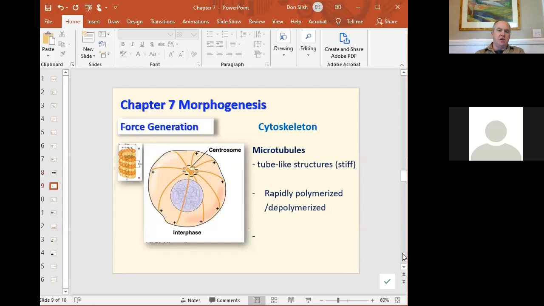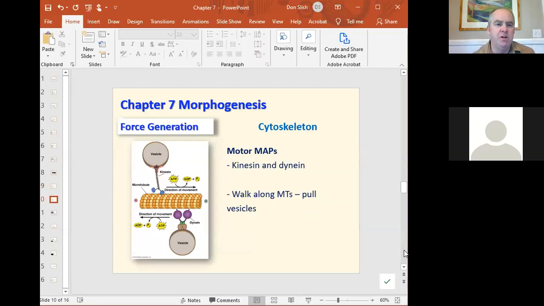Microtubules are stiff tubular structures. They're rapidly polymerized and depolymerized, especially right here in our embryo, right? Because the cells are constantly dividing. So they're making their mitotic spindle and then taking the mitotic spindle apart on a regular basis. So these things are forming and unforming and changing. They're very dynamic. And you get movement with microtubules because you've got these motor MAPs, which are little molecules that walk along the microtubule. Normally in a cell that's not actively dividing, you've got motor MAPs moving vesicles around in the cells,